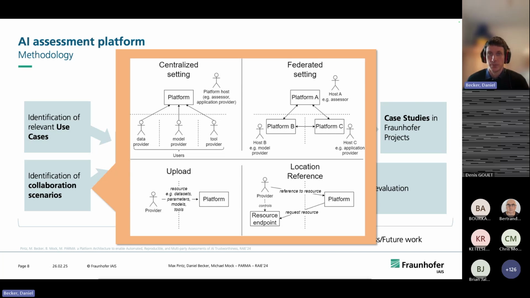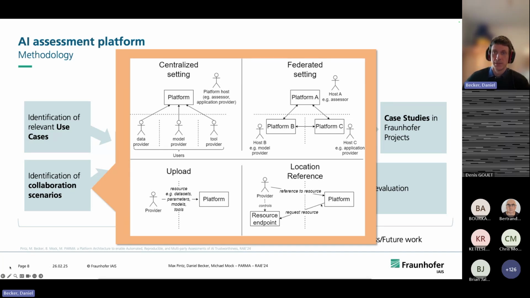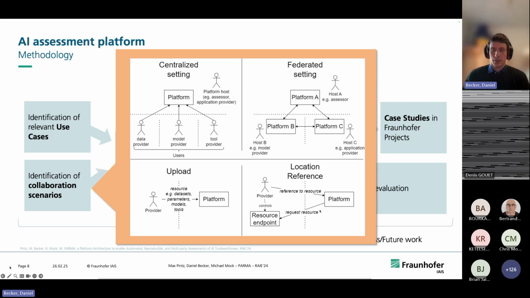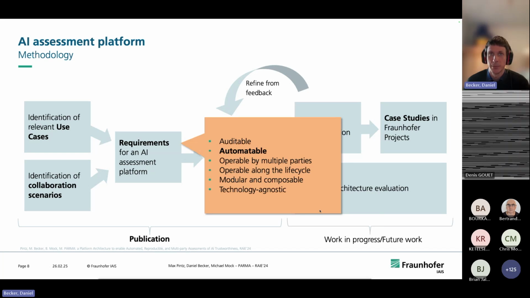You could just register a resource on the platform with a link to the API where it can be accessed, and then the platform can still talk to the model over this resource endpoint, so that you just upload a location reference, basically. Taking these two things together, the use cases and the collaboration scenarios, we derived this list of requirements that we wanted our architecture to be compatible with.